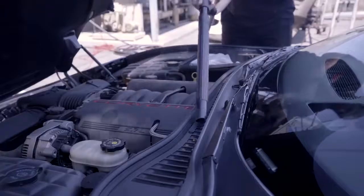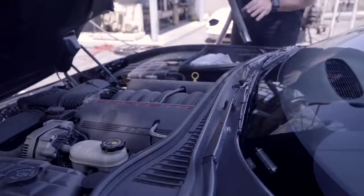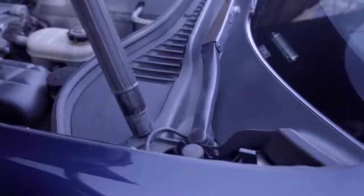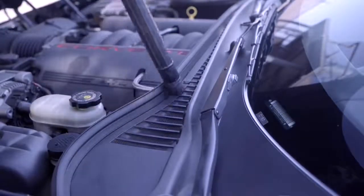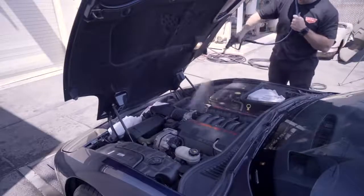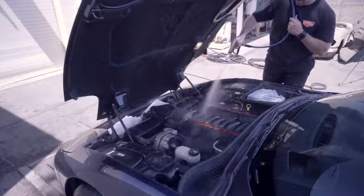All right, you want to grab your vacuum before we get started and go through any of the hood jams and anything like that and suck up any of the pesky debris, tree droppings and all that fun stuff. It's best to do this before you get everything wet. It'll help the vacuum just suck everything up without it being stuck to all the plastic. Once you got everything covered and vacuumed, you'll want to do a very quick and light pre-rinse. A couple of light sprays of water will help knock off as much dust as possible and get everything ready